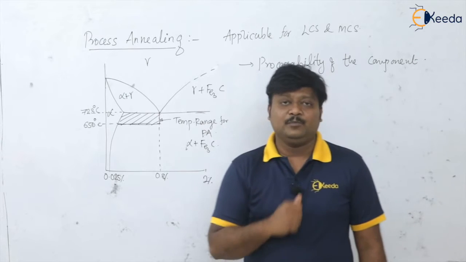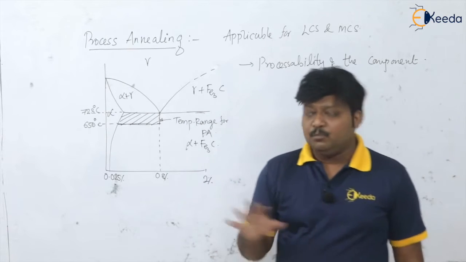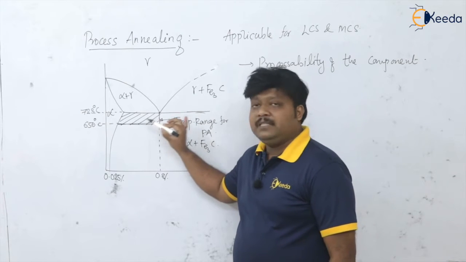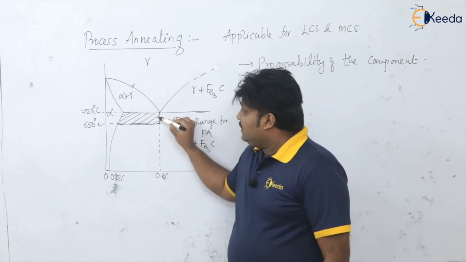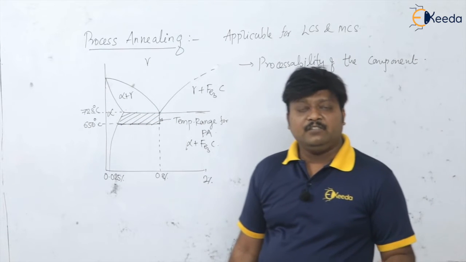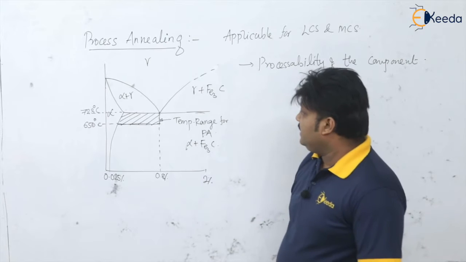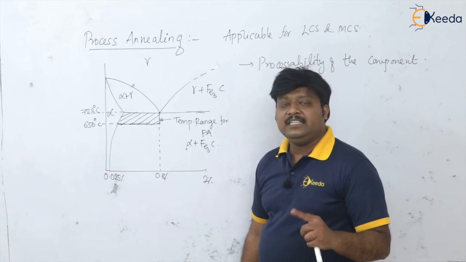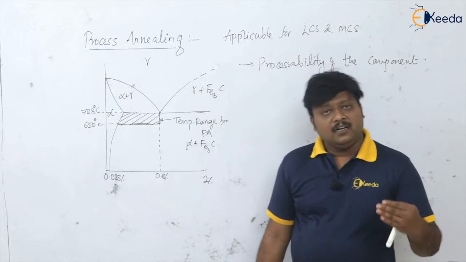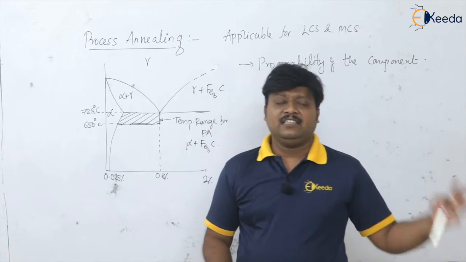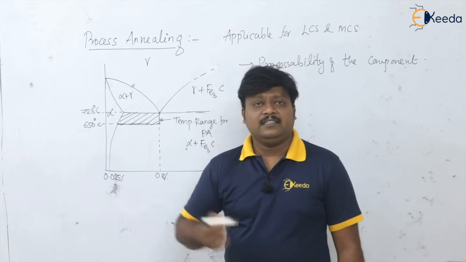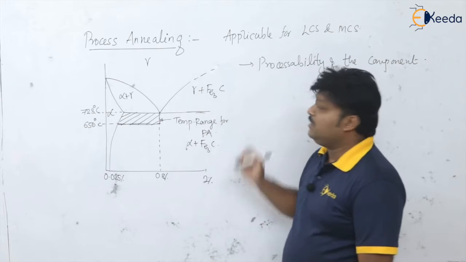as a heat treatment. So very simple one, please remember, this is applicable only for low carbon as well as medium carbon steels. The temperature range is from 650 degrees centigrade up to 723 degrees centigrade, isn't it? And it is basically enhancing the processability of components or material which are getting casted or welded or cold worked, like that, isn't it? So this is the process annealing.